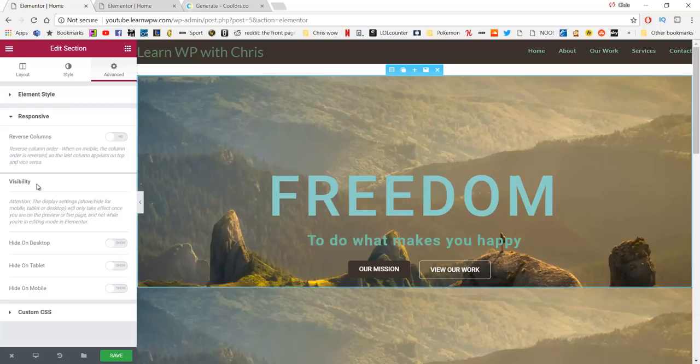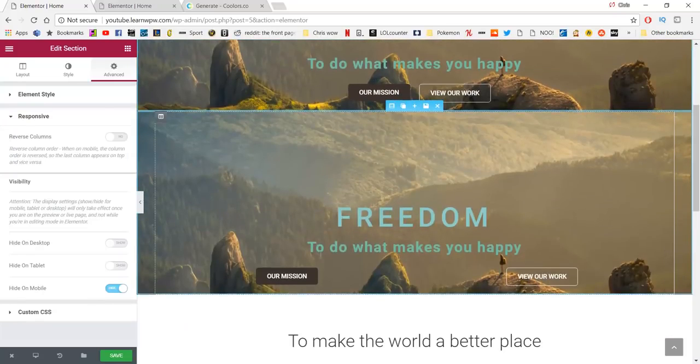here it says Visibility. Remember, this is our desktop version, so we don't want to hide it on desktop, we want to have it on show. We don't want to hide it on tablet, we want it to be on show, but on mobile, we want it to be hidden. So if we click that, this section here will not show on the mobile, only this one will. So we're now going to go to this one, click on Edit Section,